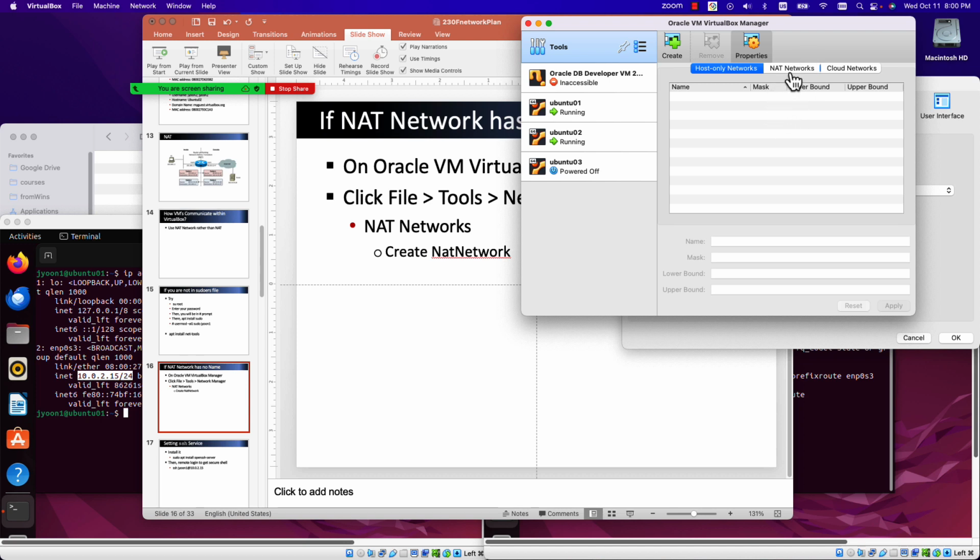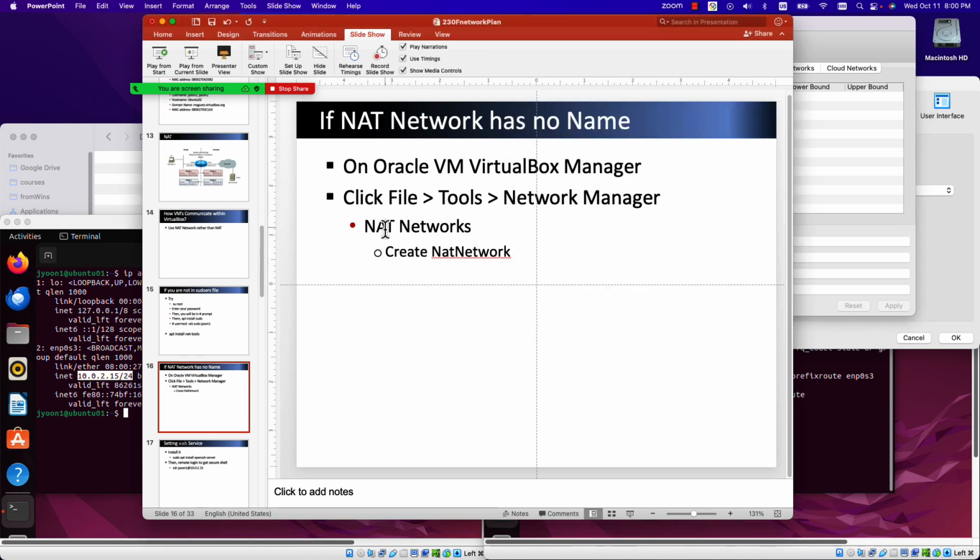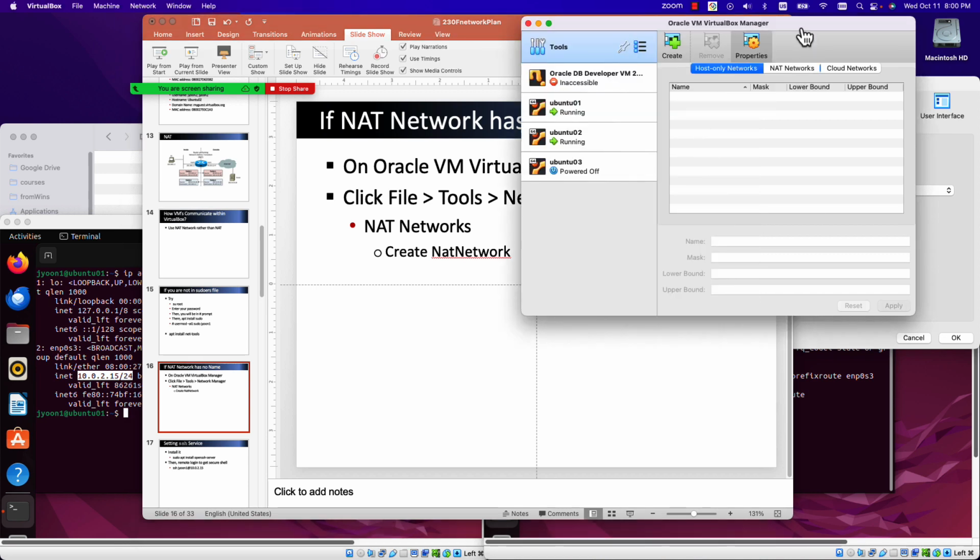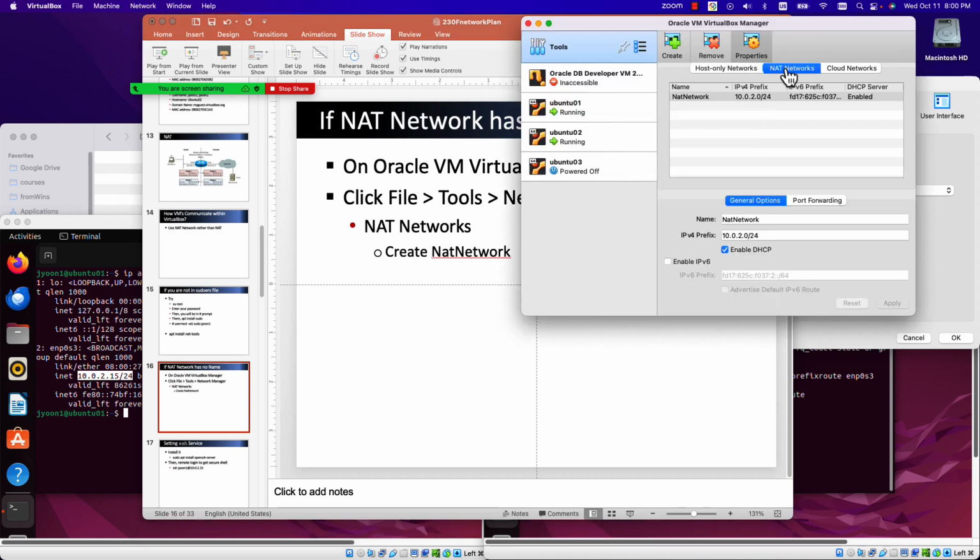And then there is a network manager, networks, and create networks. So what you need to do is click this network. Right now, if you come here, then there's nothing available. This is not available. So you need to create. Click on this create button